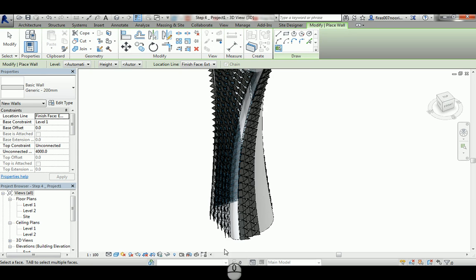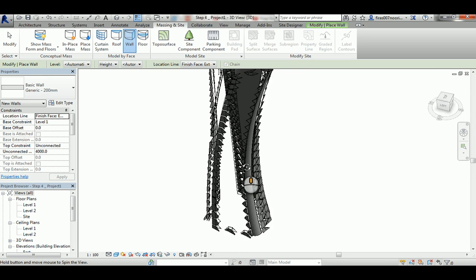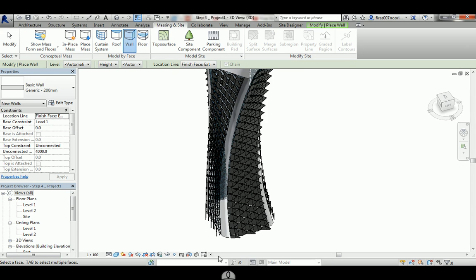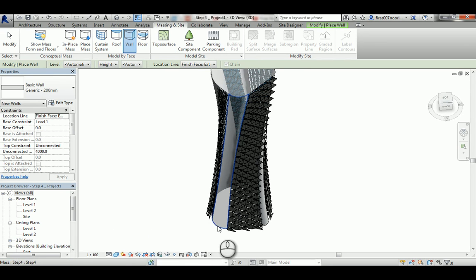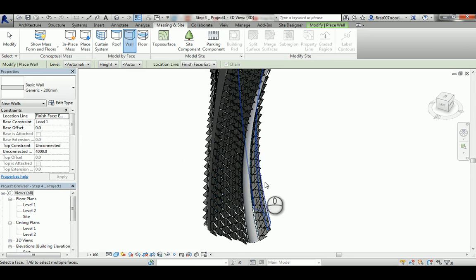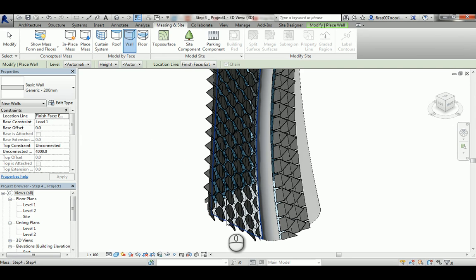See again here, it's still transparent, which means it's still conceptual. Hit it with the same command, Wall by Face, and Revit will create a wall for you based on that, and that's technically what we want. And the same thing here. Now I have those 4 walls created, and between them we have the curtain system,